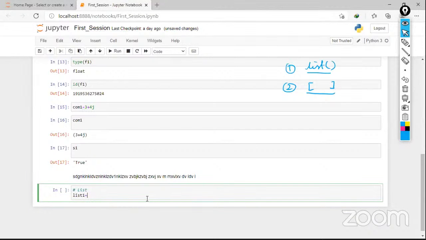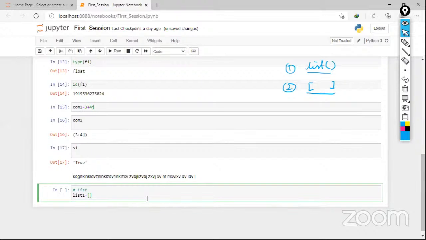In that, I'm going to create a list, and then I'm going to assign this list to a list1 variable. So for example, in order to create this, first I will type a square bracket. Within the square bracket, as I discussed with you, I have already decided that I'm going to create a list of 5 elements. So in order to create 5 elements, obviously each element of the list must be comma